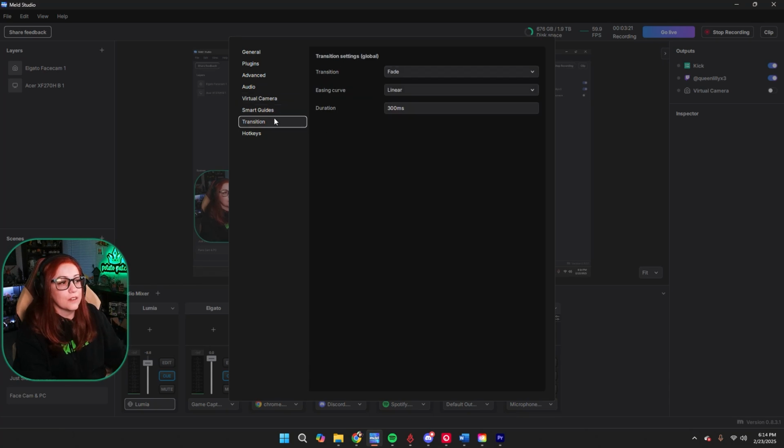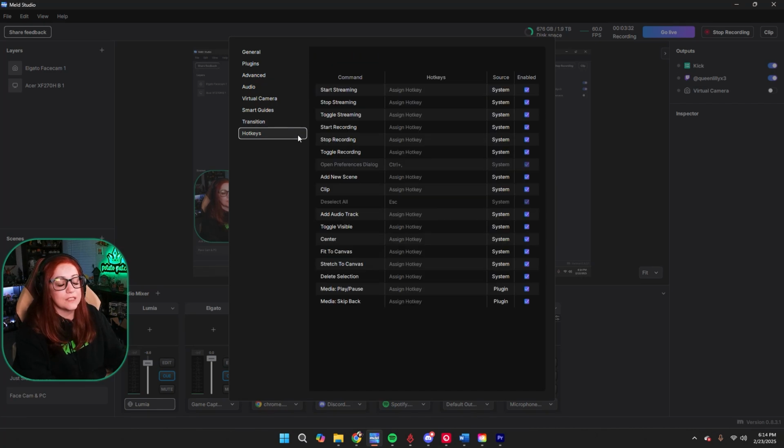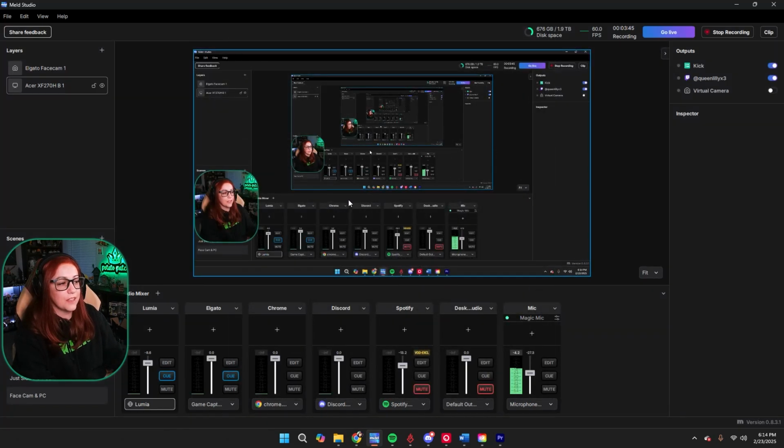You've got your transition settings as well. You can change your transition to however you want, as well as you've got your hotkeys that you can assign. I don't use my hotkeys because I can control everything from my Stream Deck, which Meld does have a plugin for Stream Deck in case you didn't know. We're going to go ahead and click off of that though, and we're going to actually build a new scene